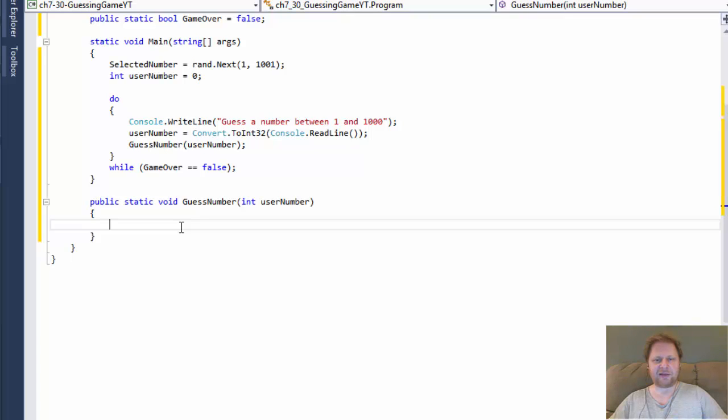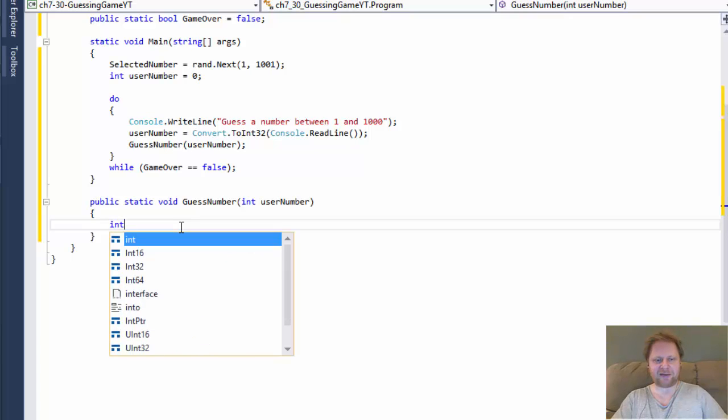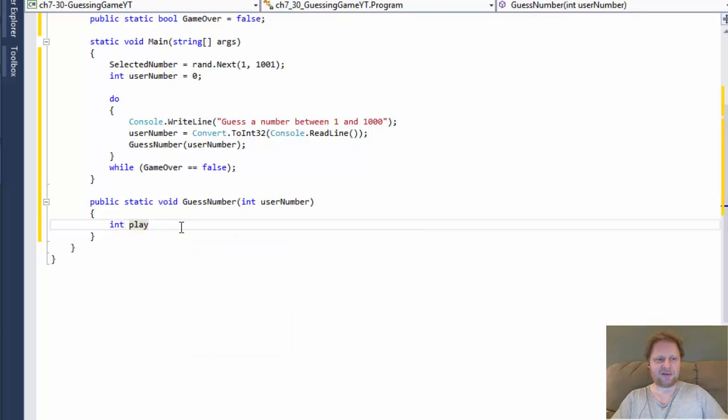Now we need some kind of a flag for the user to enter in order to quit the game. So let's say press Y or N to play again. So we can do that. I'm just going to do it as an integer because it's a little easier, I guess. So I will ask the user play again. I'll initialize it to 0,